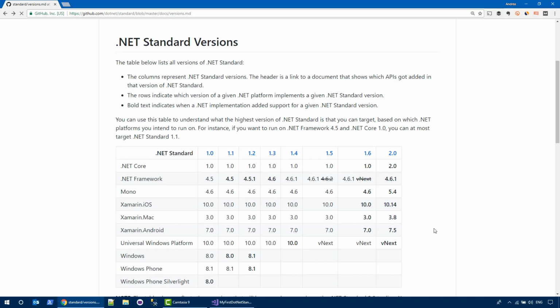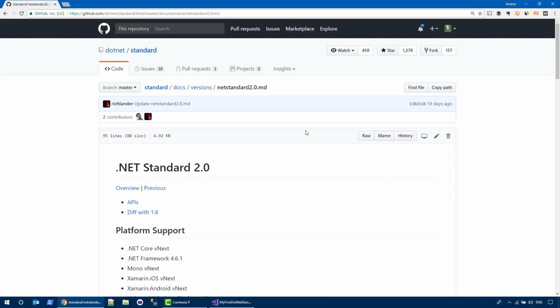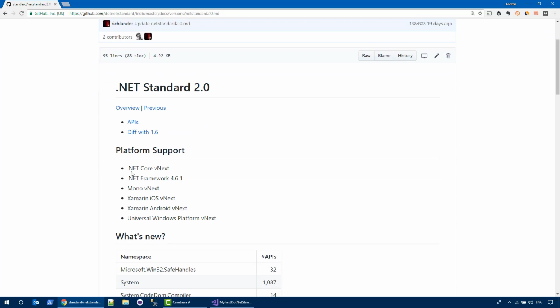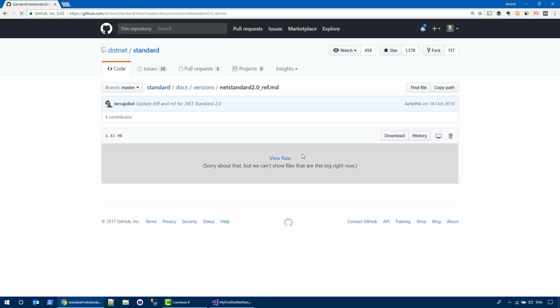But it's also very important to know what the actual APIs are that are available for you. So if you want to use a particular API, you need to consider that as well. If you click on a particular .NET Standard version here, you go to another page that's specific to that version. In addition to seeing the platforms supported, you can click on APIs. So you can see the document that contains all the surface API provided by that particular version of